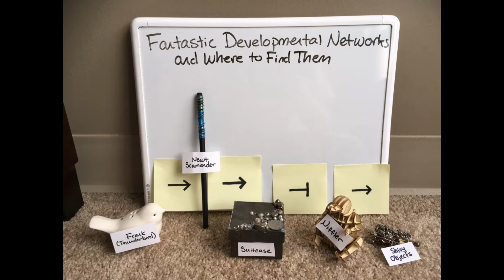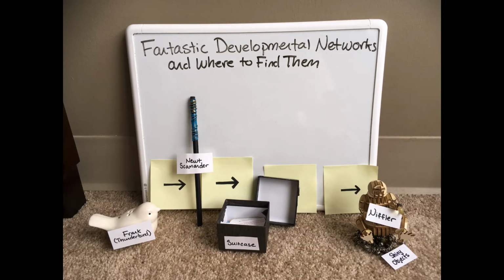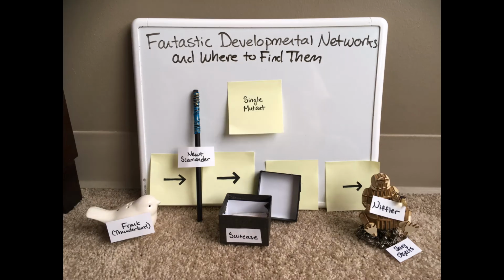As the story continues, the suitcase was mistakenly opened, which made it inactive. As a result, many creatures escaped. This caused lots of chaos, but the niffler was particularly troublesome because it was stealing lots of gold and other shiny objects. This is an example of a single mutation in the developmental network because the suitcase was the only